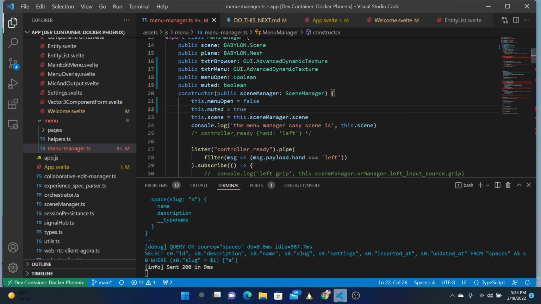And then we need to, let's say that there's always a dynamic texture for the 2D mode. That when you drop in,